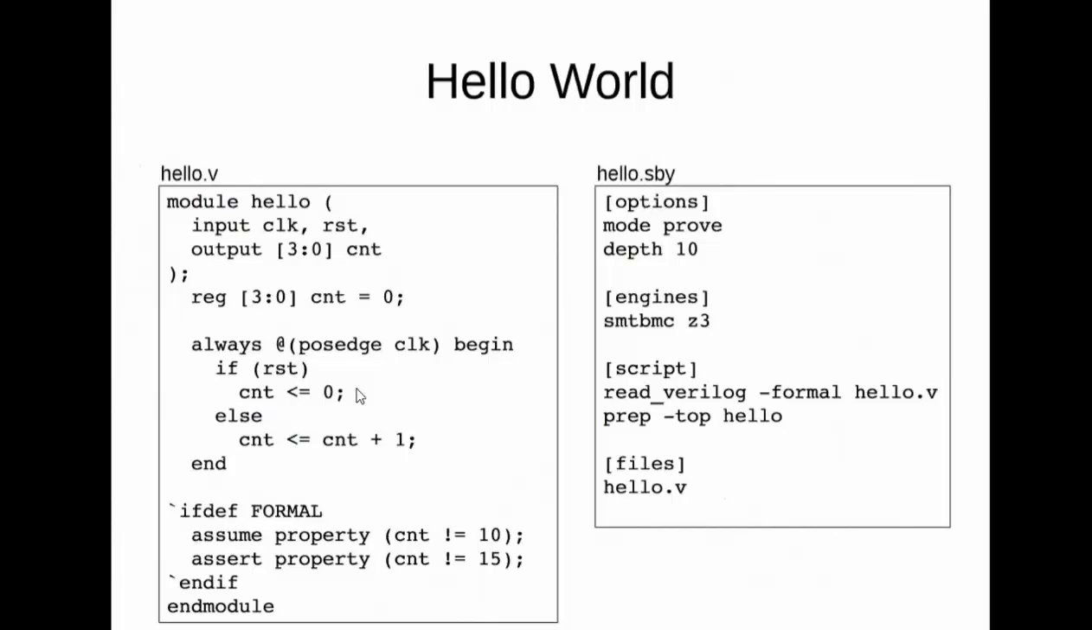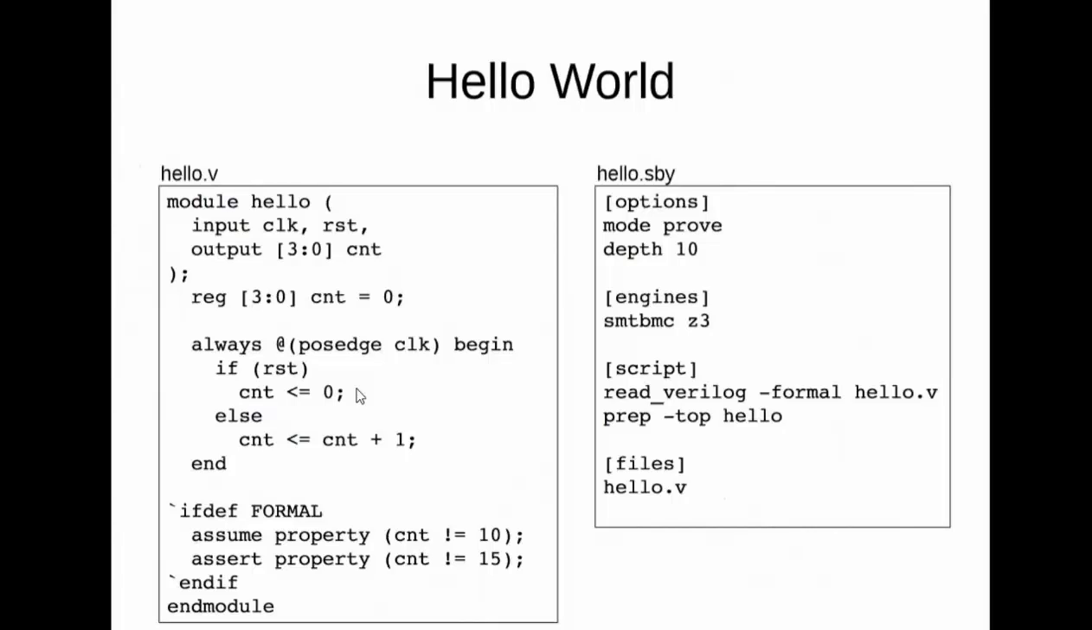I assume that the counter never reaches 10. I have no idea why I can assume this in this case. That's always the problem with assumptions with formal proofs. But then I assert if the counter never reaches 10, it will never reach 15. And of course, we can look at this and argue about it, but we can also use a formal solver